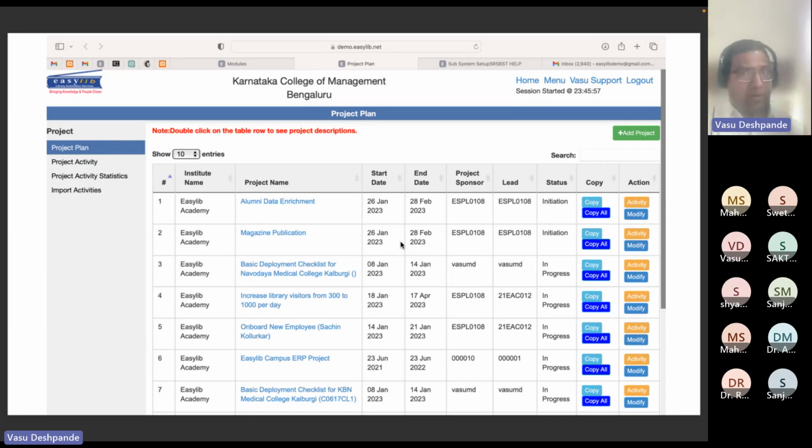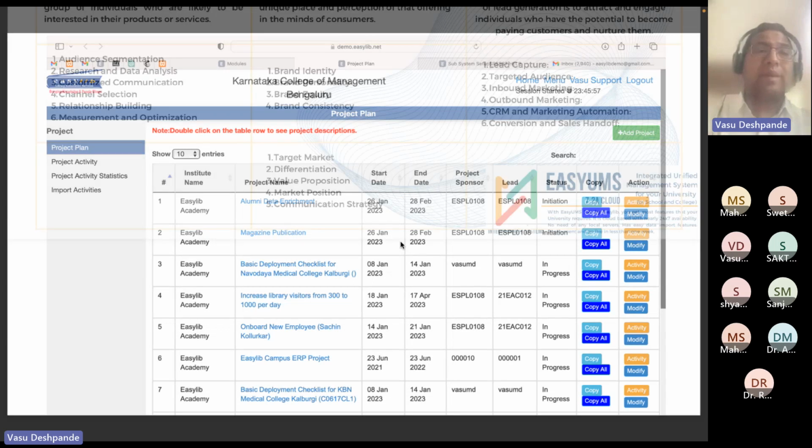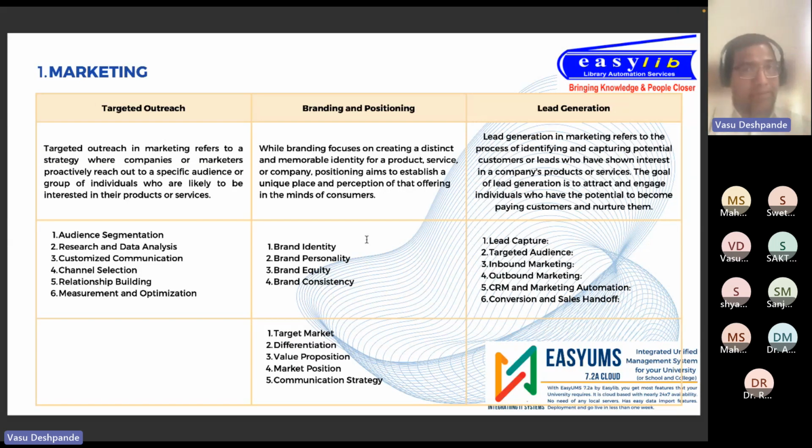Make sure that they are documented and the activities are identified. For each of the activities, the owners are identified, and regular communication is there to see what the status of those activities is. And in the following week, again, the whole thing is repeated. So what we have done in EasyLib, whether it could be the marketing project or any other type of projects,